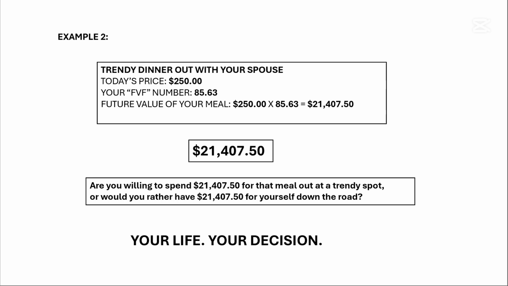Another example. Let's say it's been a tough week at work, and so you decide that you're going to take your spouse out for a nice dinner tonight. So a decent meal with drinks and wine at a trendy spot will set you back, say, $250 tonight. So let's look at that. Today's price, $250. Your FVF number, again, 85.63. So the future value of your night out, $250 times 85.63, which equals